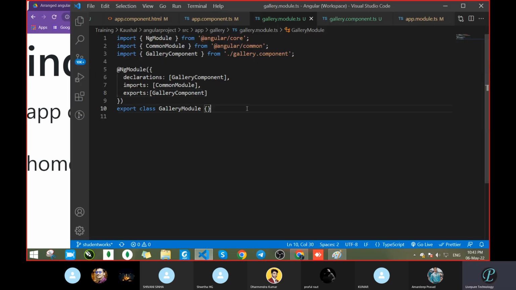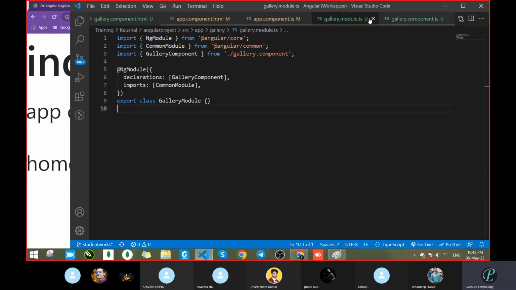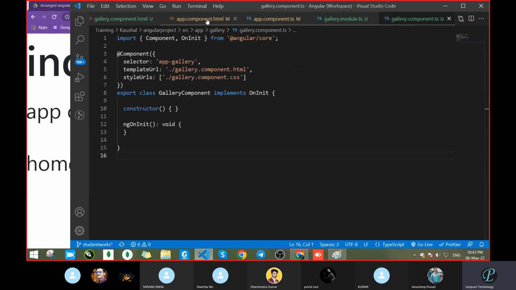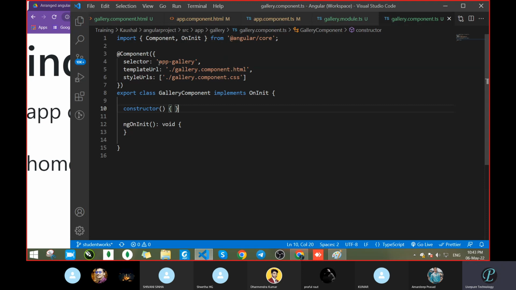Now also not working. Okay, let it be. This we will see when we will import the module. But one thing, inside app we had passed, okay, that's fine. Then gallery component, okay, gallery module is here, gallery component,